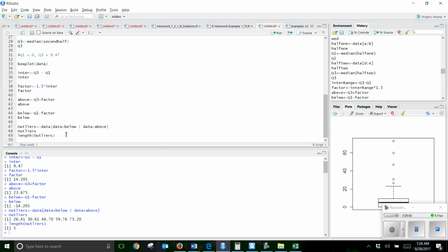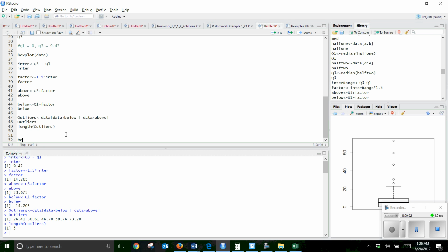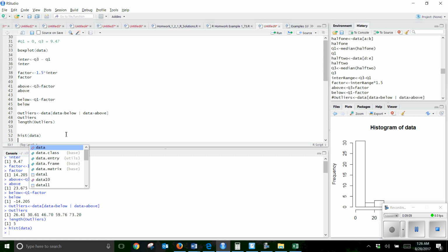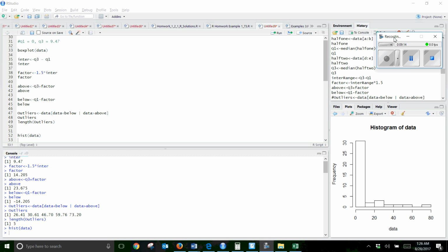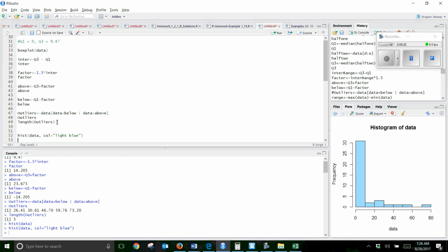Okay, what about histogram? So let's do hist of data, lowercase d. I get a histogram. Now let's add some color to it. I'll just go back in here and add color equals light blue. Okay. And my Y range, I don't like that my Y axis kind of cuts off before the highest value, so I'll just adjust that